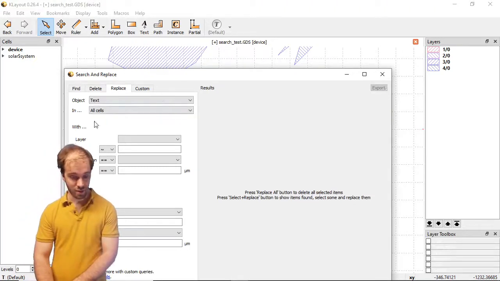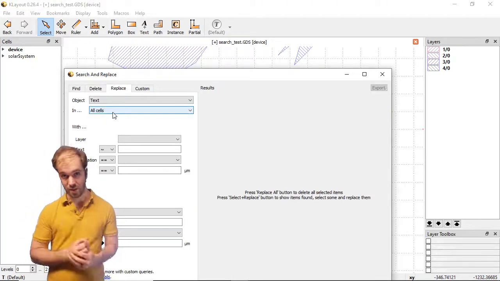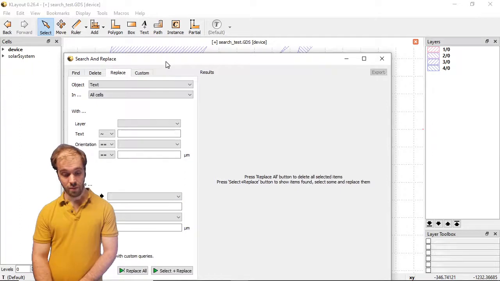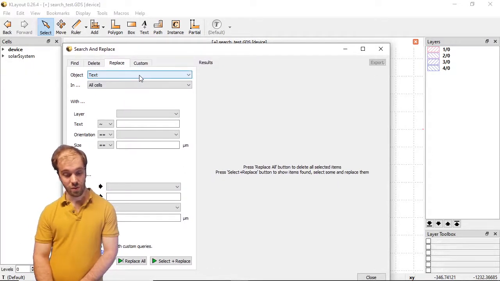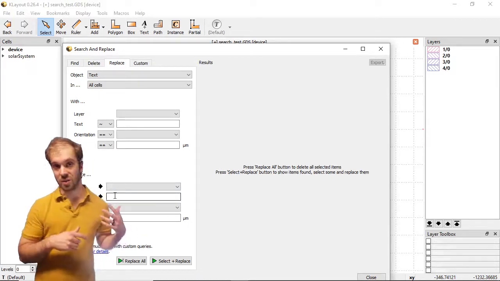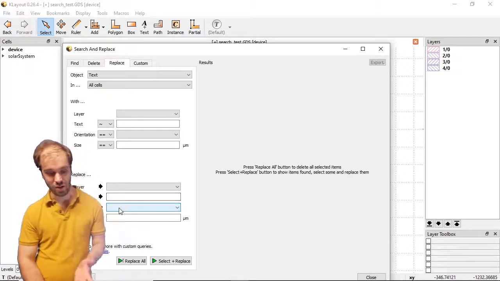This is similar to the top part of the previous tabs, where we're defining the conditions that we want to search for, but in the bottom we now have some options on how we want to replace what we found. For each of the different objects that we can search for, like text or polygons, there's a different set of replacements here. With the text, for example, we could actually change the content of the text. So we could change it from saying one word to saying a different word, or change the orientation or the